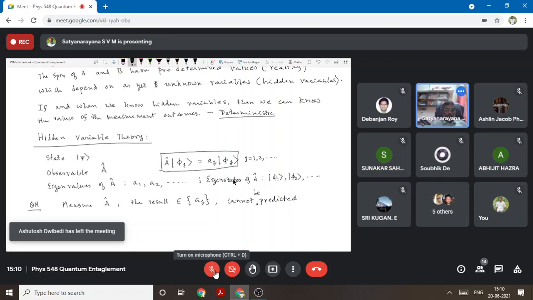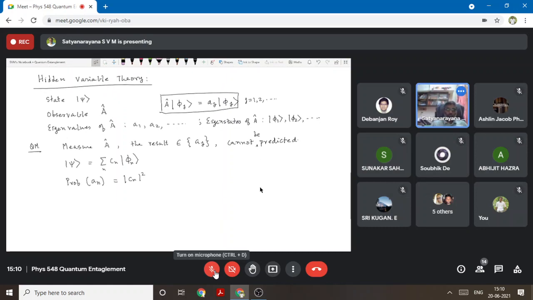And if we write this psi as a sum over n of Cn phi n in terms of the eigenstates of A, then what quantum mechanics gives you is that the probability of finding some An will be equal to modulus Cn squared. Okay, so this is what quantum mechanics tells you.